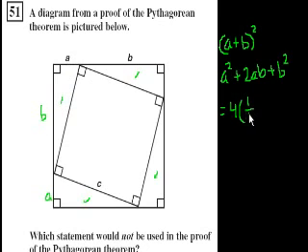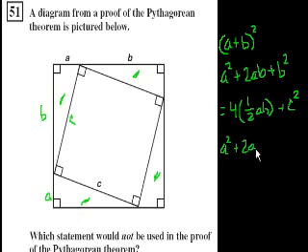So 1/2 AB is one of these, and I multiplied it by 4 to get all four of these triangles. And then we want to add the area of this inside square, and that's just going to be C squared, right? This side is C, that side is C. So plus C squared. And let's see if we can simplify this. So you get A squared plus 2AB plus B squared is equal to 4 times 1/2,